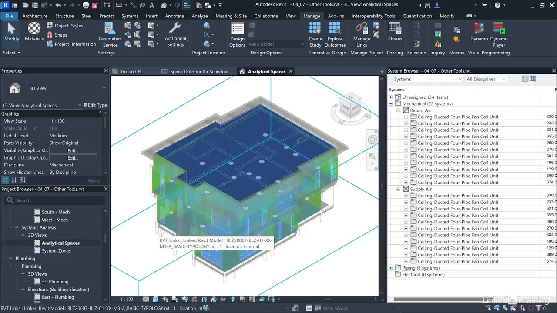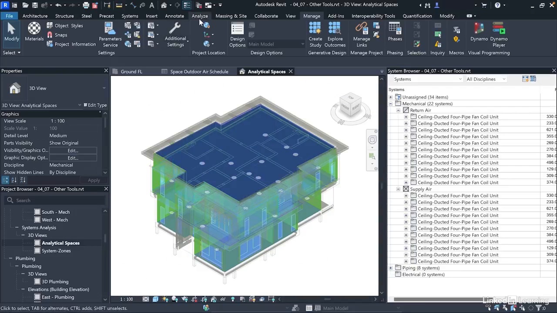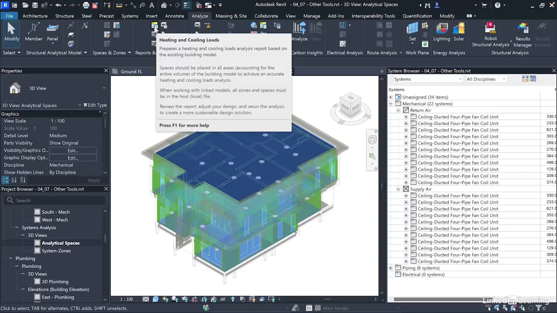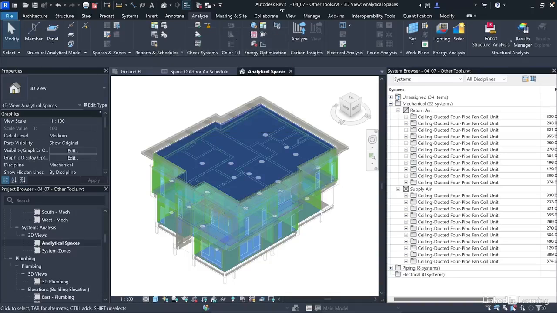Now, on a closing note to this chapter, you might have noticed that the cooling and heating loads calculation workflow has changed in recent Revit versions, and the legacy heating and cooling loads calculation button is no more. In the older Revit versions, I think from 2021 downwards, you find this heating and cooling loads button, but in recent versions, it has been phased out. This is intentional as Autodesk aims to integrate updated global standards for systems design and analysis. The calculations are now a part of the systems analysis, which was the focus of chapter 1 of this course. But if you wish to enable this button in newer Revit versions, then you can do that